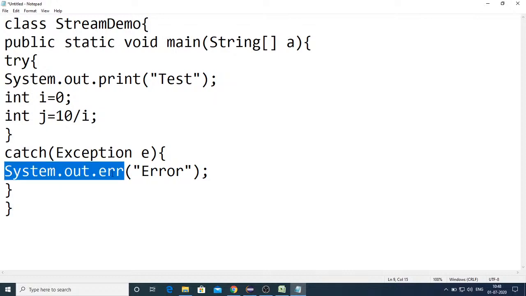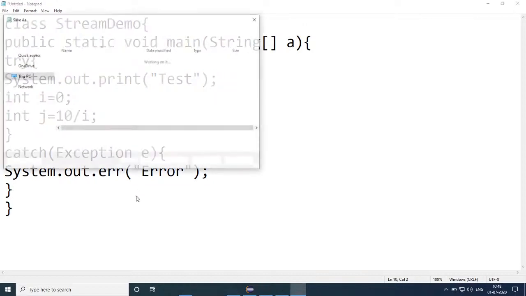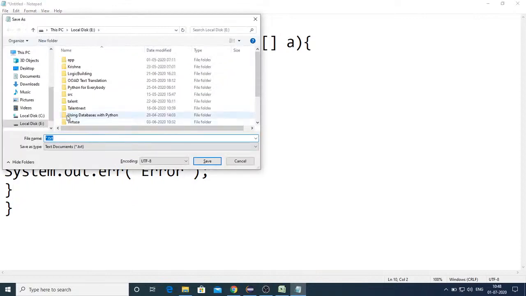So here you can see I'm not using print directly. Instead of that I'm using err, so that I want to redirect this information to the error console. For that reason I'm using this, and let's, okay, it's in E drive.